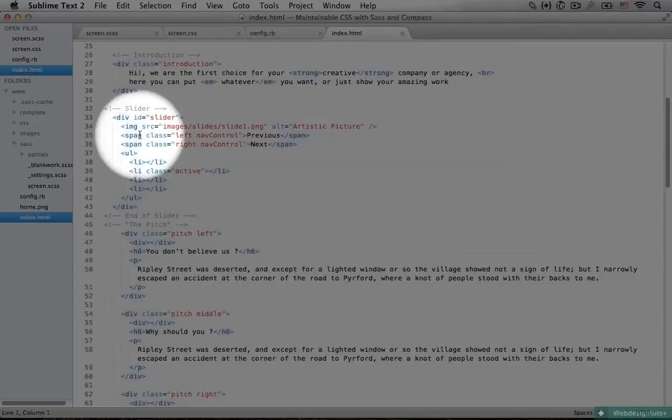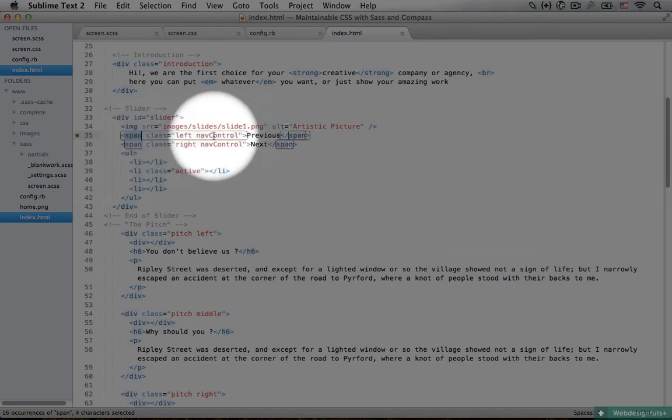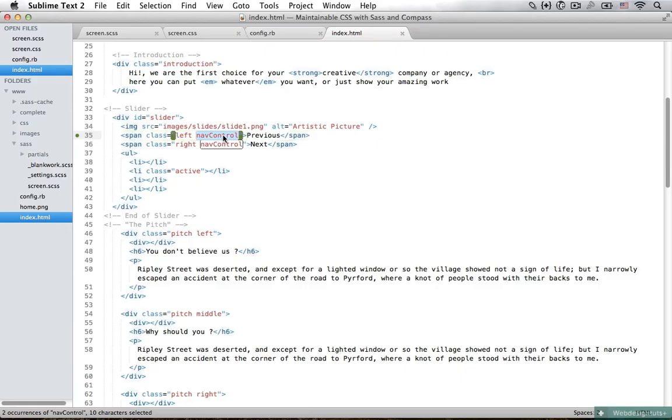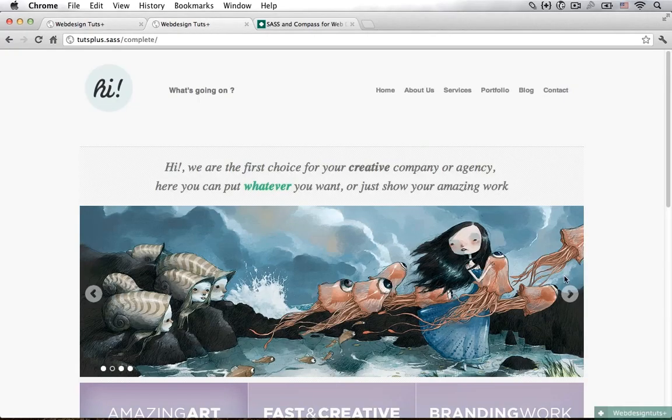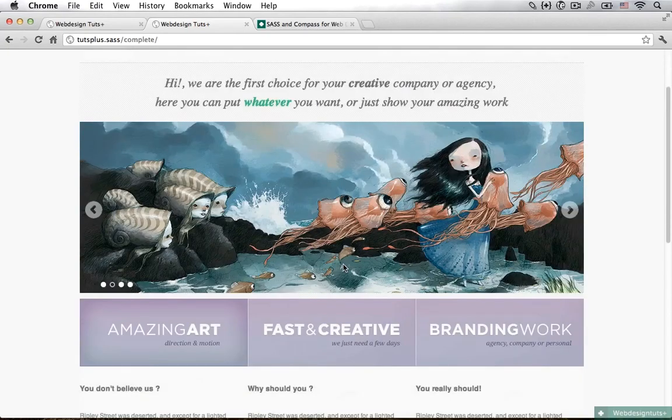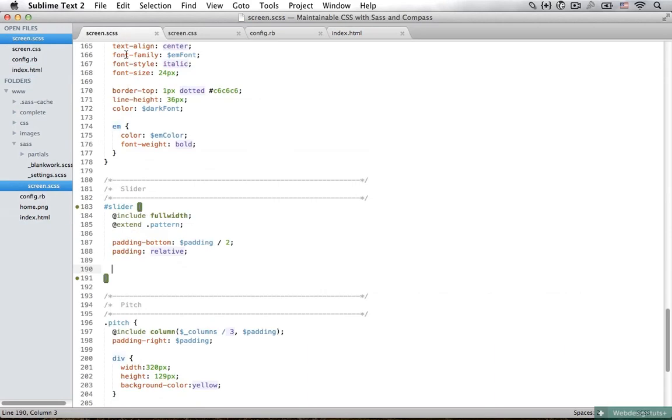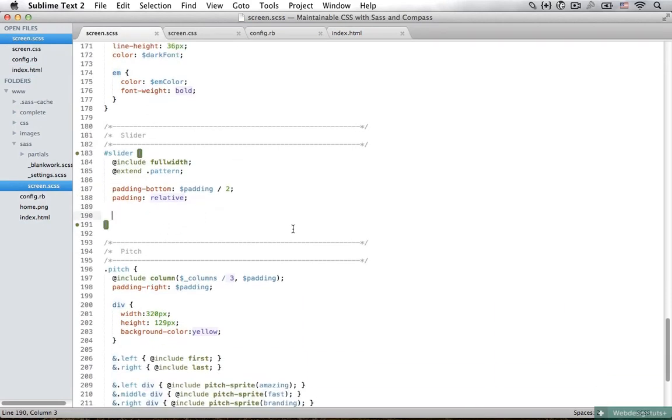And here you can see that we have actually two spans. Both of them are called nav control. One of them has a class of left and the other one has a class of right. And they are the previous and next buttons that we are going to have in our slider. So back to Sublime Text, open up the SASS file, and we're just going to talk about the nav control